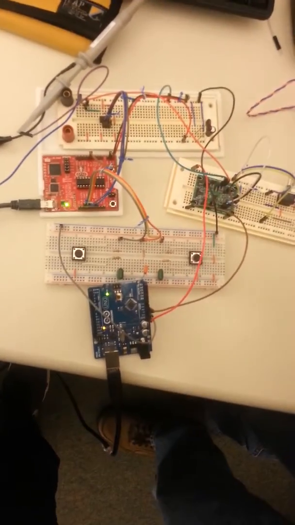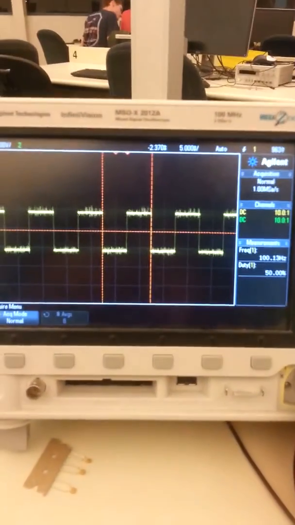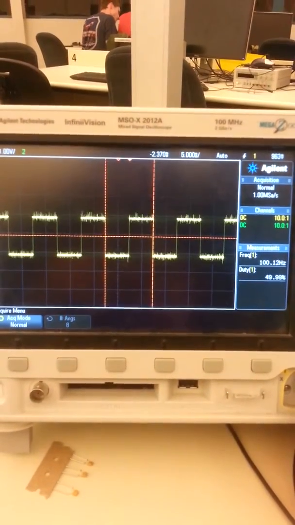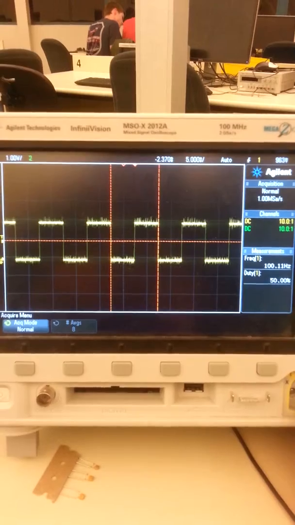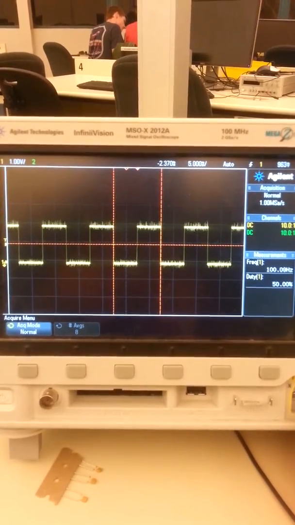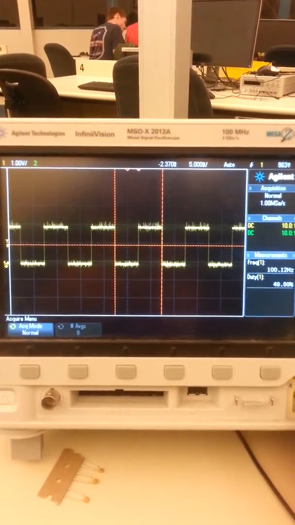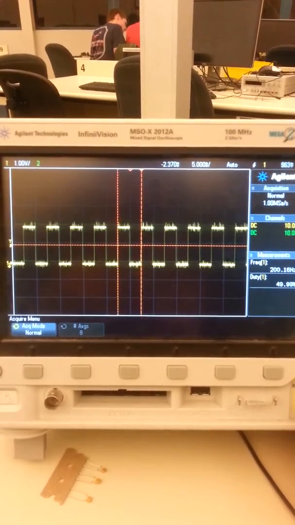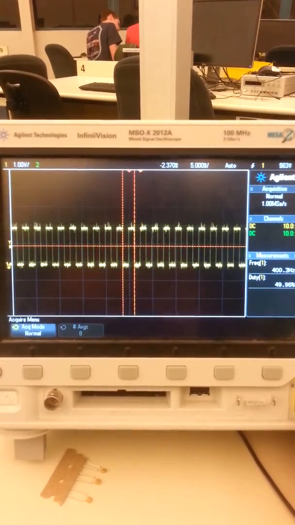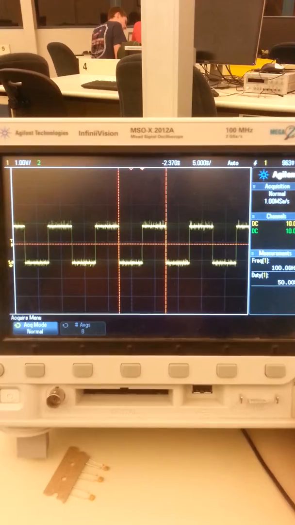We'd like to start with our square wave. Heading over to the oscilloscope, as you can see, when initialized, our wave generator will produce a 100 Hz square wave with a 50% duty cycle. We can push the frequency button to cycle through frequencies, going to 200, 300, 400, 500, and back to 100